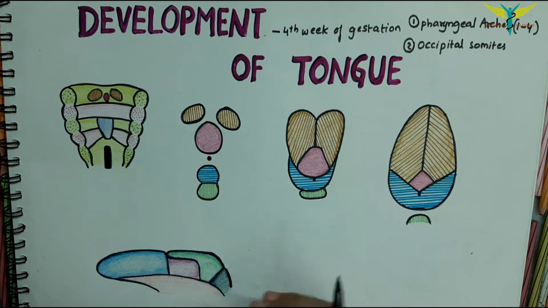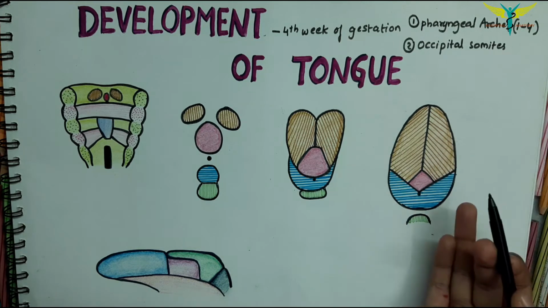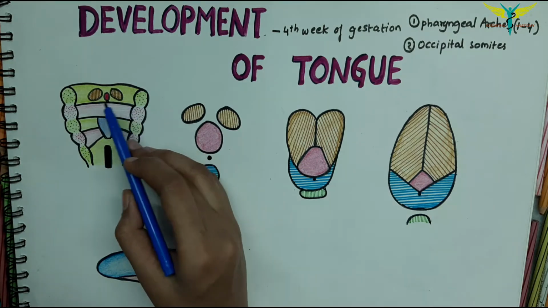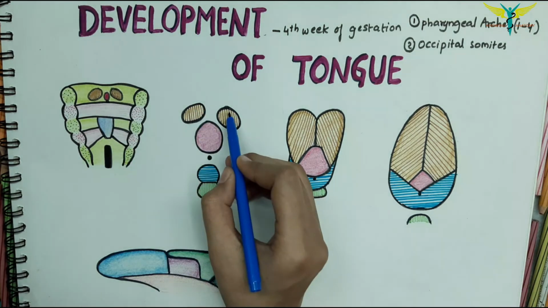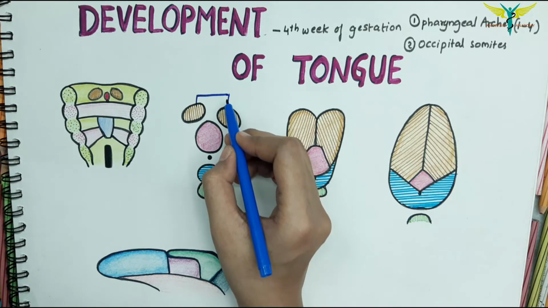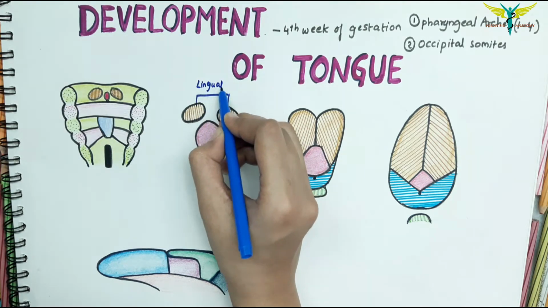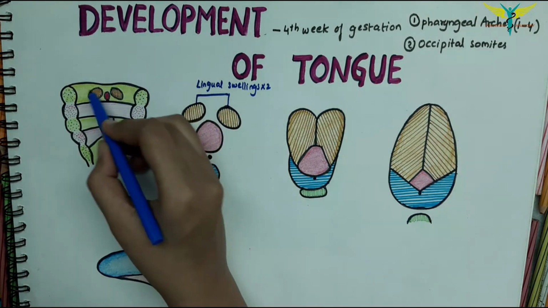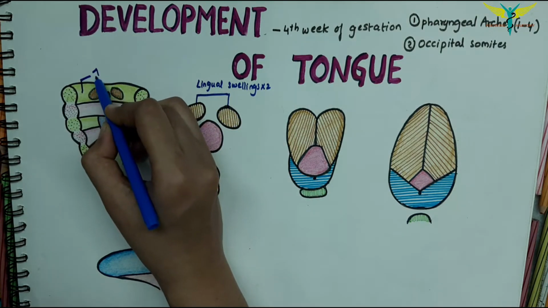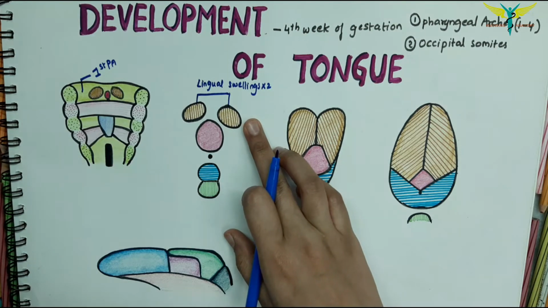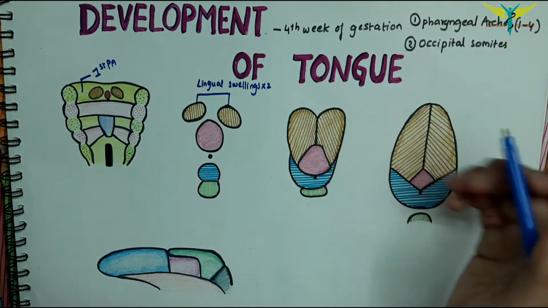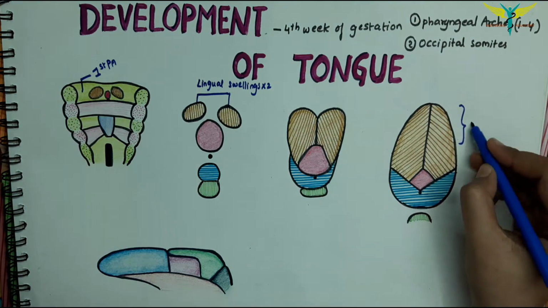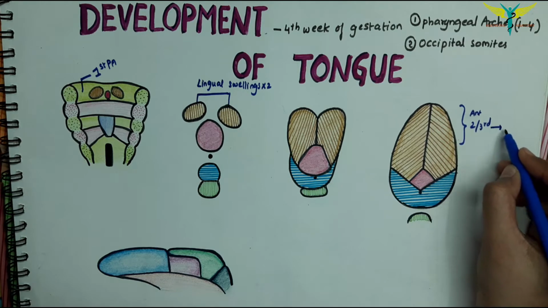Now let's talk about the pharyngeal arches and the mucosa of the tongue. At the first stage of development, lingual and medial swellings appear. There are 2 lingual swellings laterally. They are derived from the first pharyngeal arch. As you can see, this green color is the first pharyngeal arch. These lateral lingual swellings contribute to the mucosa of the anterior 2/3 of the tongue.